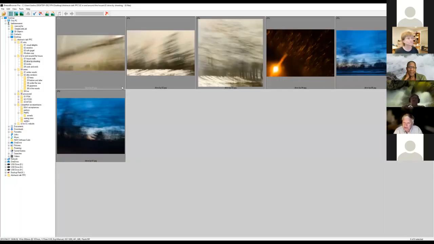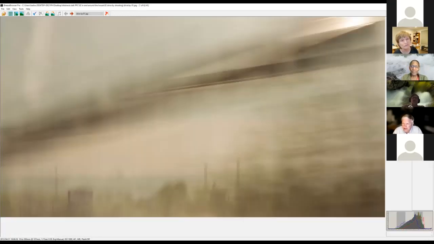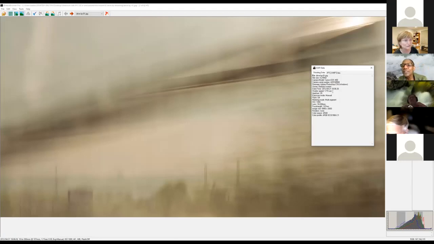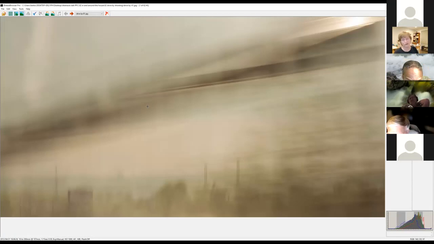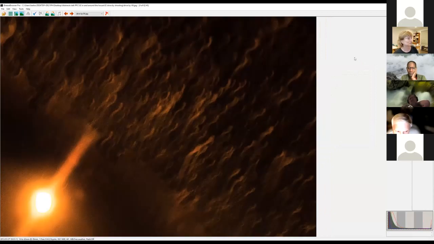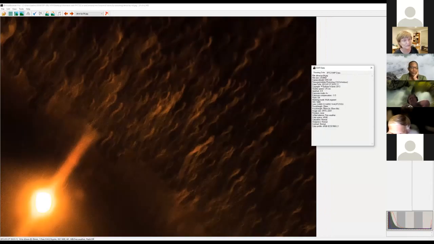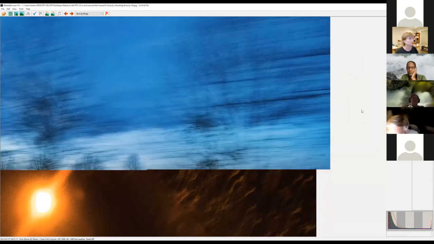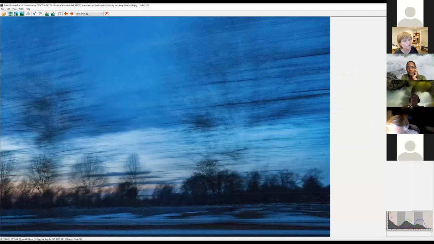What kind of camera? If I can see what it is. This was the Canon EOS 40D. So this was taken quite a long time ago. Wow. This one is probably Panasonic, because that's what this is, a DMC G5 Panasonic. So that's taken a while ago. And these two were,